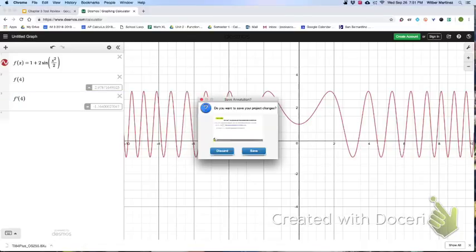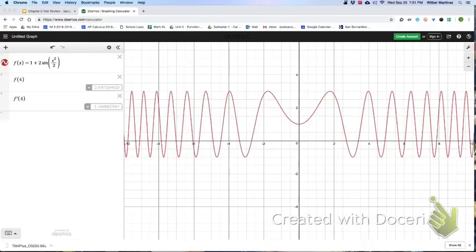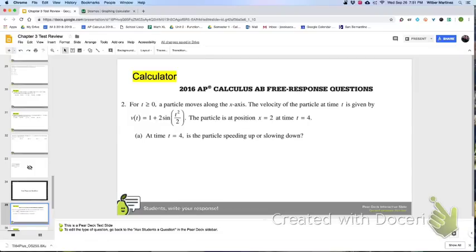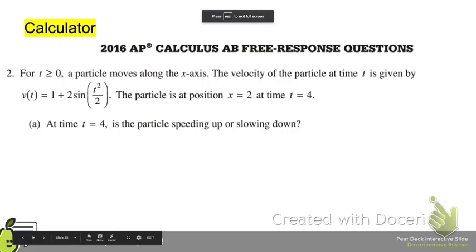Please make sure that you're writing them down on your paper as well, so that you have a record of what v of 4 is and what a of 4 is. So here's how we're going to go ahead and justify this. Your work, obviously you don't need to type in everything you typed into the calculator, you're just going to type in your answers. Your work is going to say v of 4 equals, and again, I don't want you to just put positive, I want you to actually write the number that it equals, 2.978. And then you're going to write a of 4 equals negative 1.164. And then you're going to conclude that therefore,